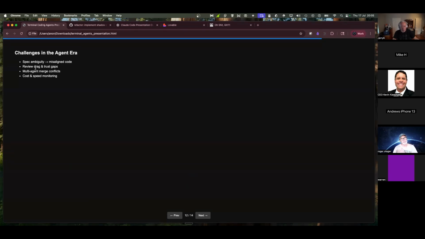Multi-agent merge conflicts, again, this is the Git thing. If you're going to run multiple instances, you've got to figure out a way to manage that. Usually it's work trees, and there are a lot of utilities that leverage work trees and tmux and stuff. Let me write that down. Multi-agent workflow utilities. And then monitoring and logging is very important. I saw somebody the other day who is piping all of their Claude logs into Datadog so that they can analyze trends and figure out where they're getting screwed up over time, and generate data sets